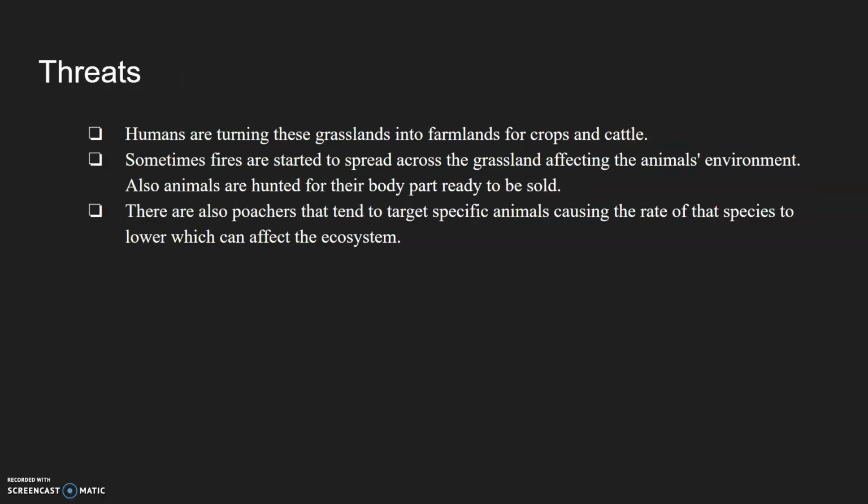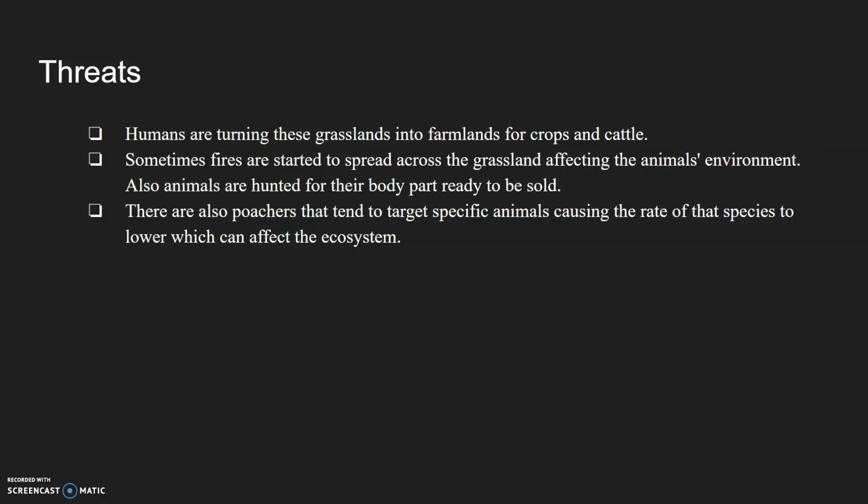Now, some of the threats that we face are that humans are turning these grasslands into farmlands for crops and cattle. What that means is that homes of certain animals are being burned down by humans in order to create farmlands for themselves and for cattle. Sometimes fires are started to spread across the grasslands, affecting the animals' environment. Also, animals are hunted for their body parts to be sold. Their wildlife and homes are affected; they probably can't have a home anymore because it's most likely burnt down, which makes them prey going into enemy territory of carnivores or herbivores, depending on